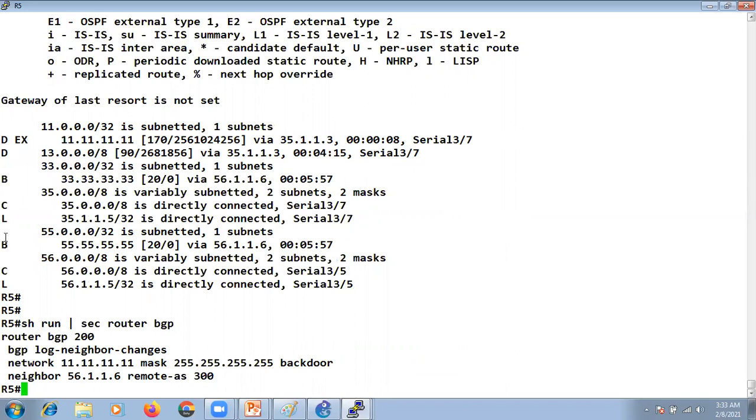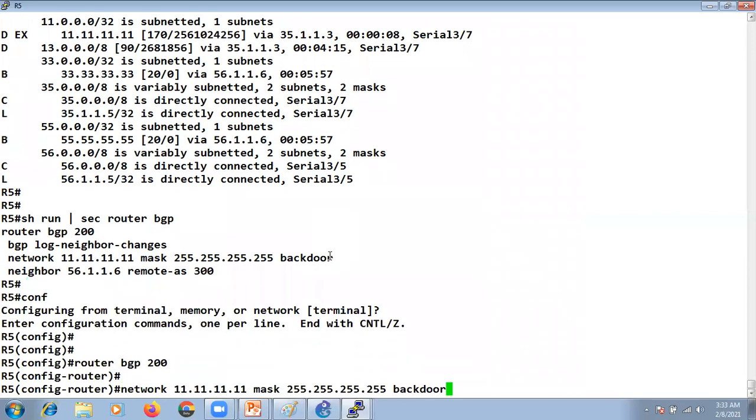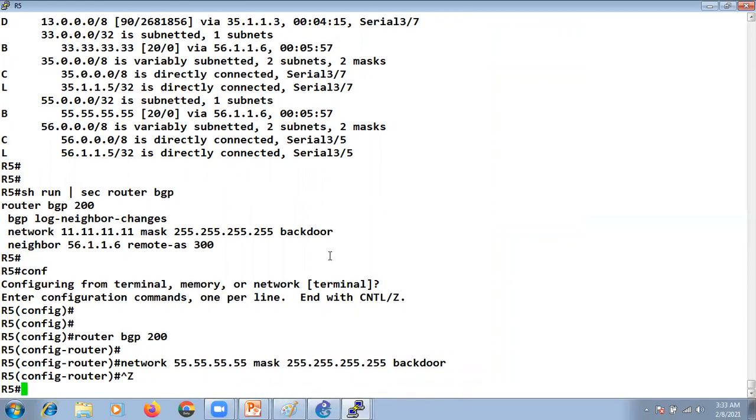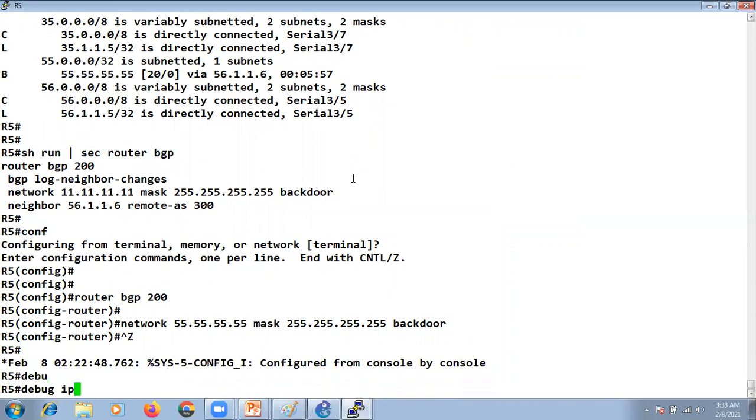That is why, as you can still see, we did not mention any backdoor command for the 55 subnet. That is why it is still via BGP only. If I do the same thing for the 55 network also, that will be installed via EIGRP only, not BGP. I can also debug IP BGP updates.